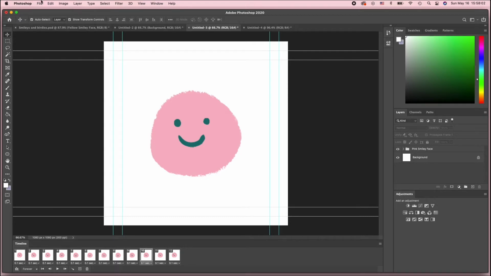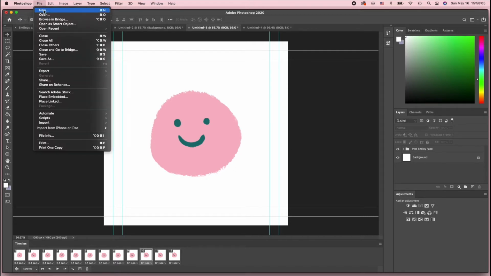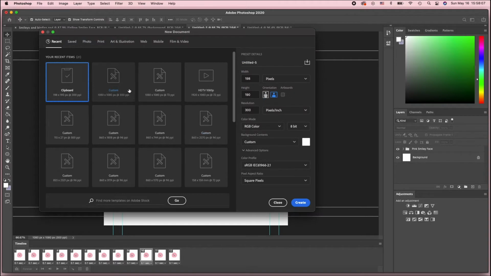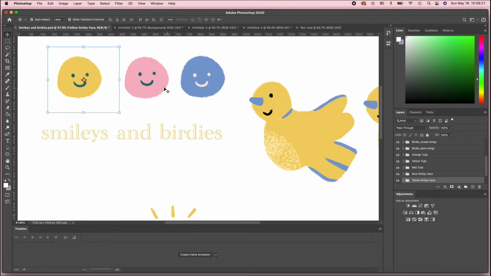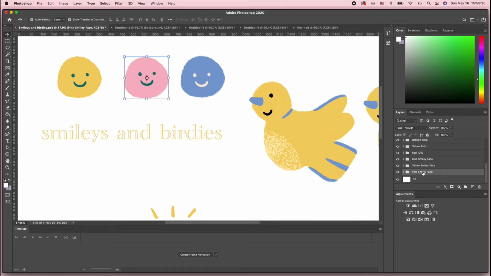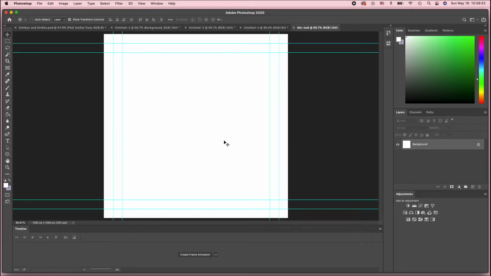So like before, we're going to create a new file, and I'm just going to keep it the same size as before, 1080, 300 ppi. I'm going to call this the nod, and I'm going to bring over the assets that we need. In this case, it's the pink smiley face. While clicking on that, on the layers panel right here, Command C and Command V to paste it. And I think